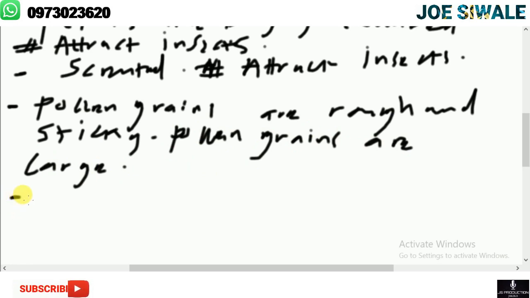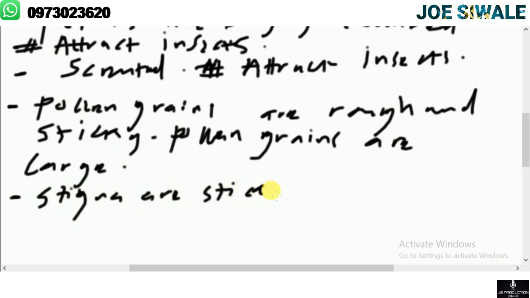Then the other adaptation is that the stigmas of insect-pollinated flowers are sticky, and the main reason why the stigmas are sticky is so that the pollen grains can stick on the surface of the stigma. Then the other adaptation